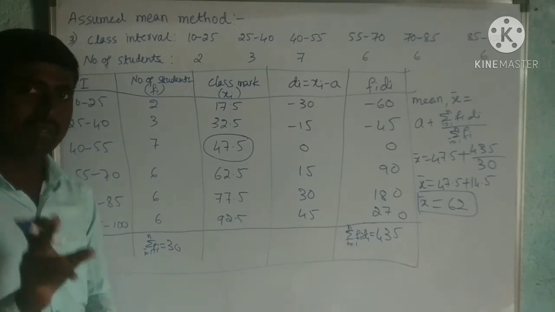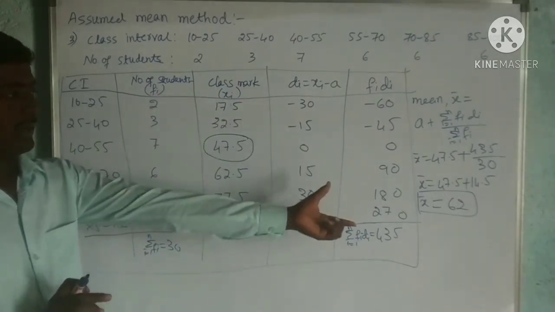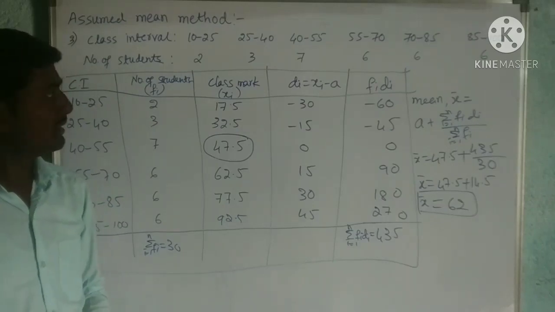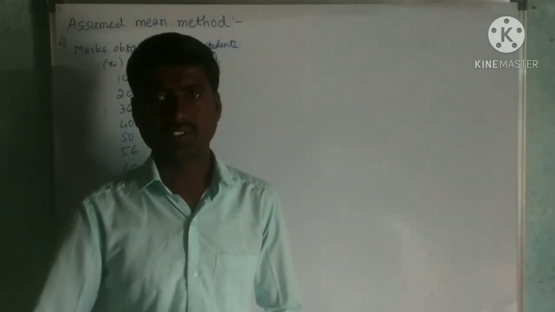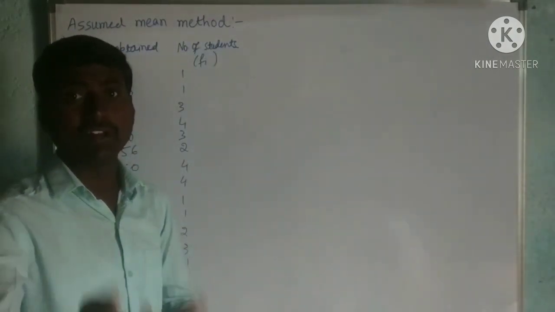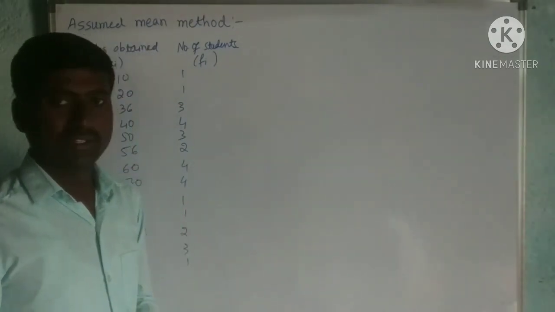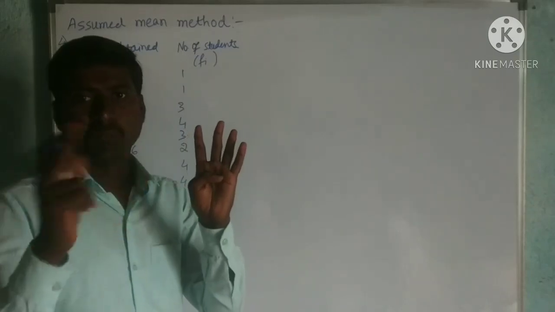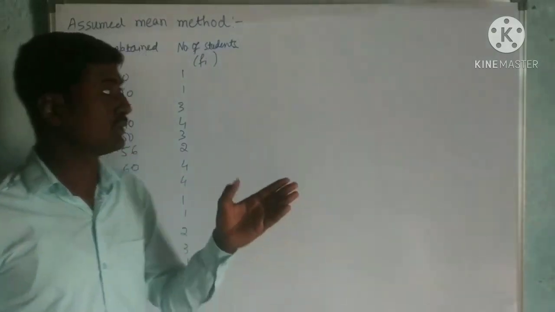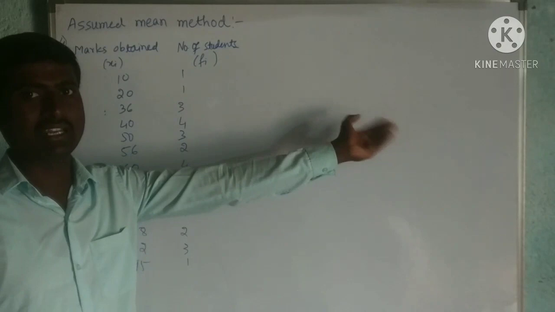You concentrate more on the direct method only. There is another method to find the mean, that is the step deviation method. We will discuss it in the next class. Already we have studied how to find the mean by the assumed mean method for a continuous frequency distribution, where they have given Ci. For the direct method we studied both continuous as well as discrete, and for the assumed mean method we studied continuous, that is the last problem.